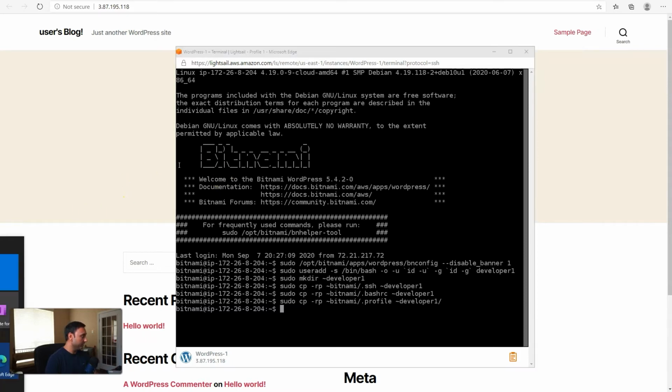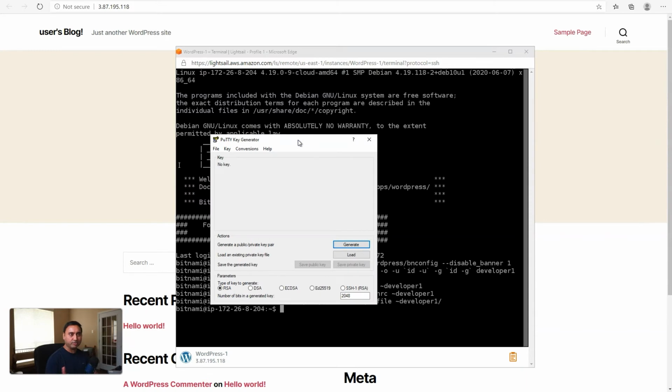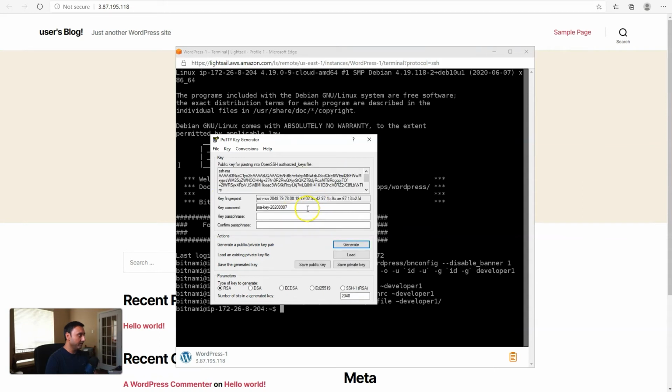So to do that, if you're on Windows, you'll use PuTTY. If you're on Mac or Unix, you might want to find out the commands, or I'll paste those into the description below on the process to do that if you're on a Mac or a Linux machine. So click on Generate in PuTTY. So what we're going to do is take the public key right here. We're going to copy this entire string,